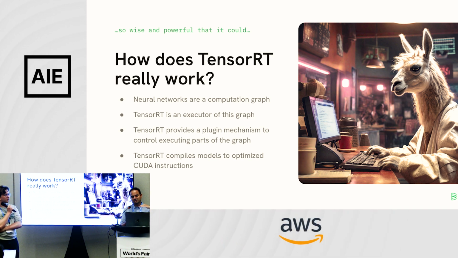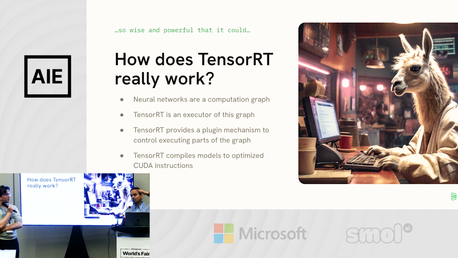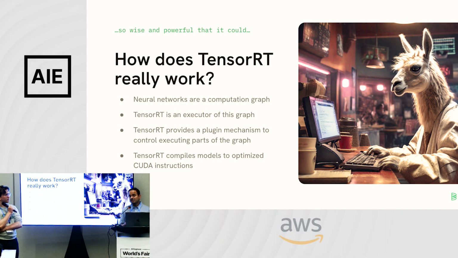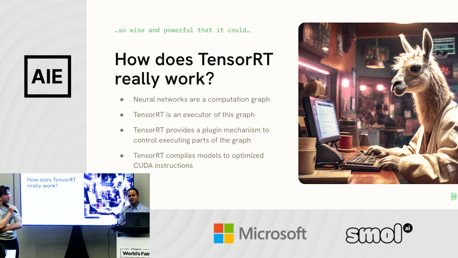It has a bunch of plugins for optimizing this graph execution for large language models. So for example, for attention, for flash attention, it has its own plugin where it says that, okay, now we are in TensorRT LLM land, take this graph and let me execute it using my optimized CUDA kernels. And that's what ultimately TensorRT LLM is. A very, very optimized way of executing these graphs using GPU resources, not only to get more efficiency, better cost for your money, but also better latency, better time to first token, all the things that we care about when we are running these models.